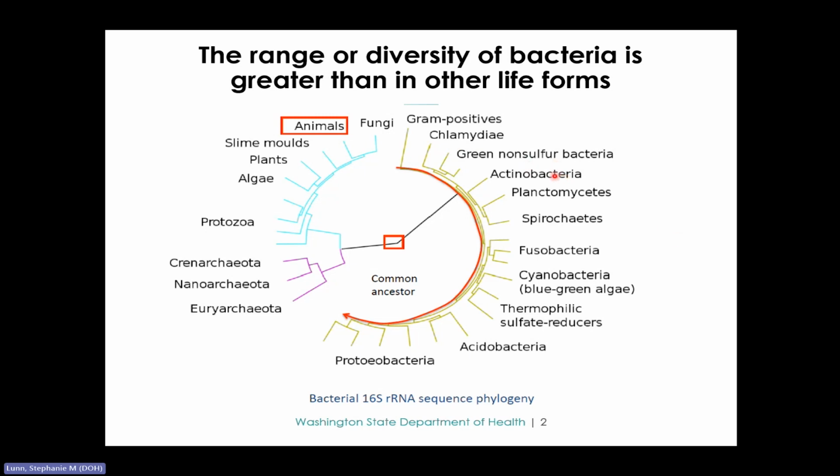We can see Actinobacteria, whose members are very important to us because of their contribution to the soil systems. And we can see Spirochetes, which are corkscrew-shaped bacteria. And some members in this phylum are significant pathogens that cause severe disease, like Treponema pallidum, the causative agent of syphilis. And to mention a couple of others, there's Acidobacteria, whose members are quite physiologically diverse and can be found in a variety of environments. You can find them in places like soil, hot springs, and even the ocean.